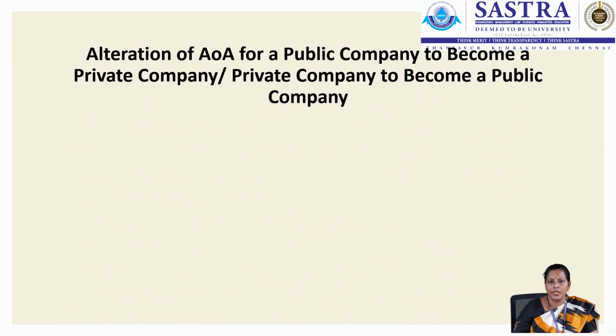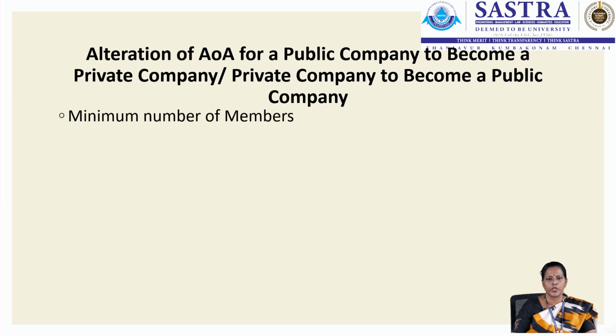Now let's look at all the things that should be kept in mind when there is going to be an alteration in the Articles of Association with respect to a public company becoming a private company, and similarly, a private company becoming a public company. What all has to be altered in the Articles of Association? In case a public company becomes a private company, then what